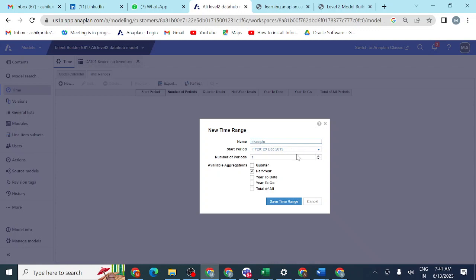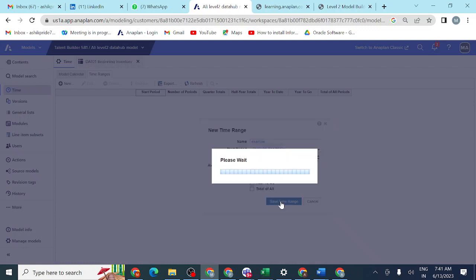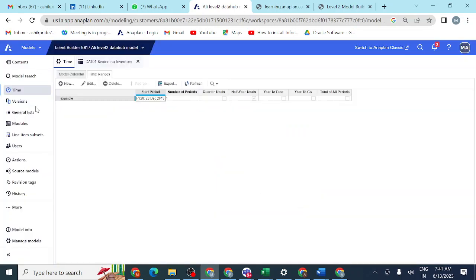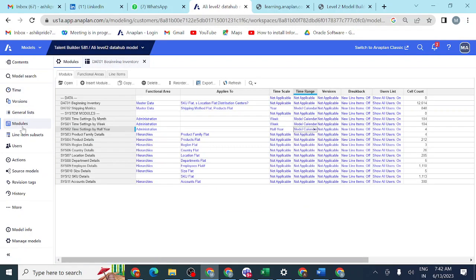time range, the starting period is 2019 and the number of years is 1 year. If I create a 1-year time range and I want only 1 year of data, then when I click here, both the model calendar and the example time range appear.